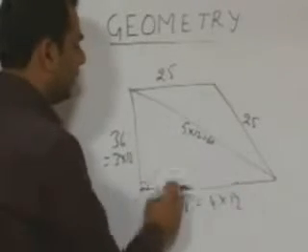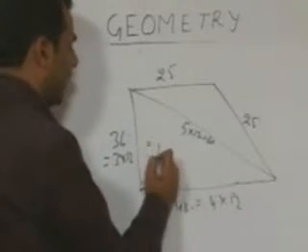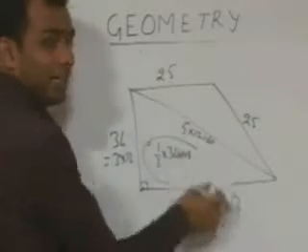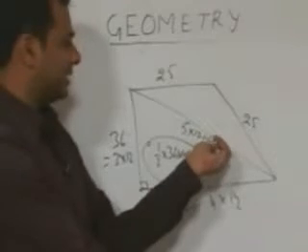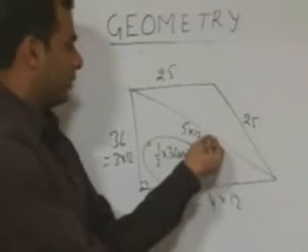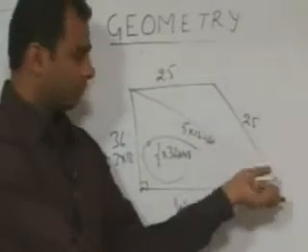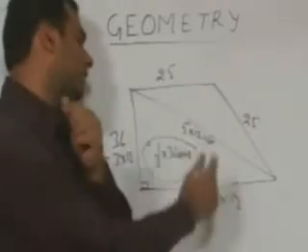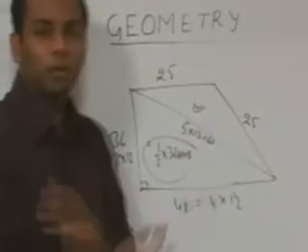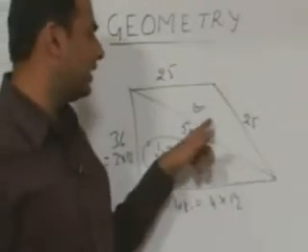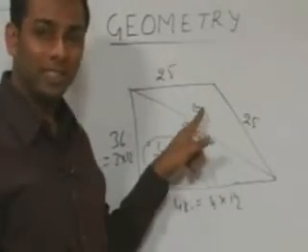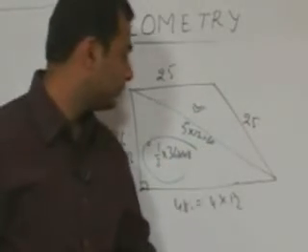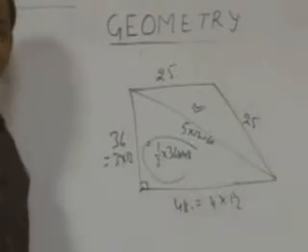So we can definitely find out the area of this triangle, which is half of 36 into 48. This is the area of this triangle. Now once we get that this length is 60, we can also find out this other part. We know that this is 60, this is 25 and this is 25, so we can find the area of this particular triangle also by Heron's formula, under root of s into s minus a into s minus b into s minus c, because we know all three sides here. So I hope that this is clear to all of you.